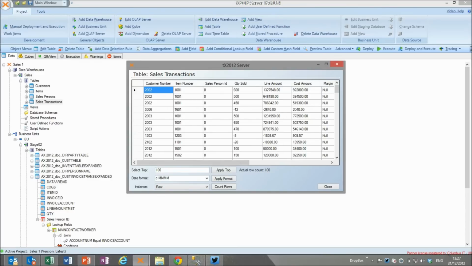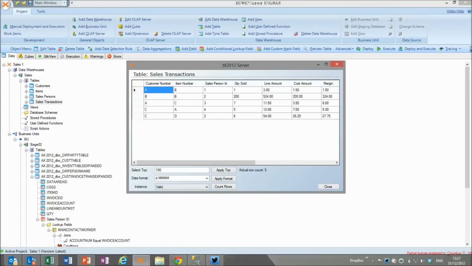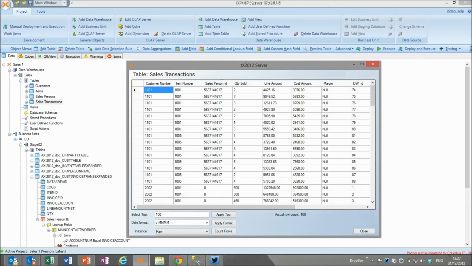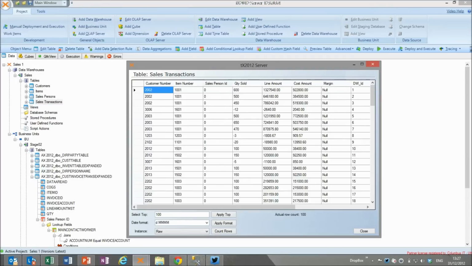But the reason it doesn't end up in the valid table at the end of the data warehouse phase is that our salesperson ID is in almost all cases 0. There's only a few records that have got a salesperson assigned to them, and that's just a data quality issue. In AX, the salesperson hasn't been assigned to a lot of customer accounts in this particular set of demo data. So because as a DBA, as a database developer, Oliver doesn't know the answer to this problem and can't go